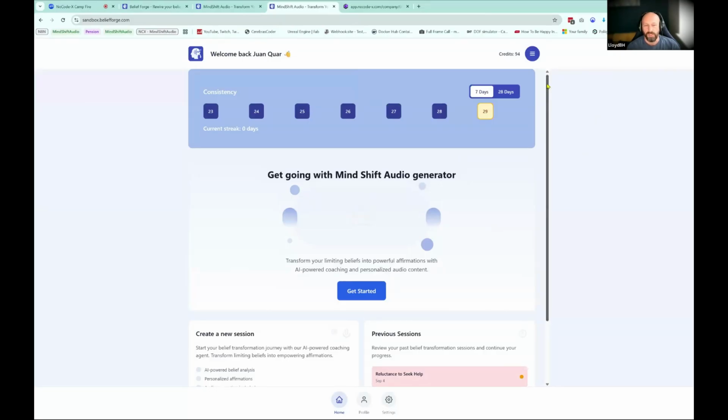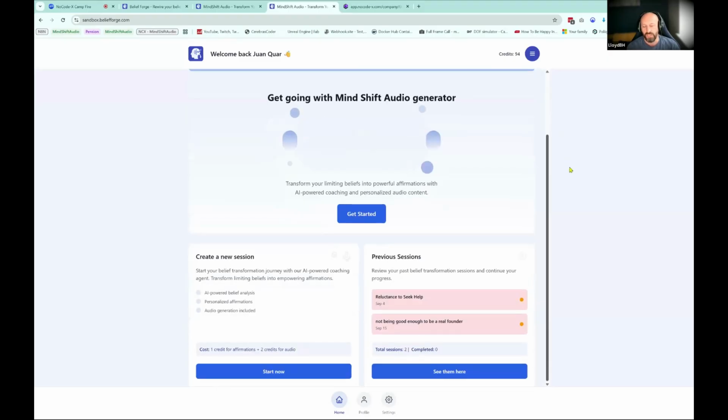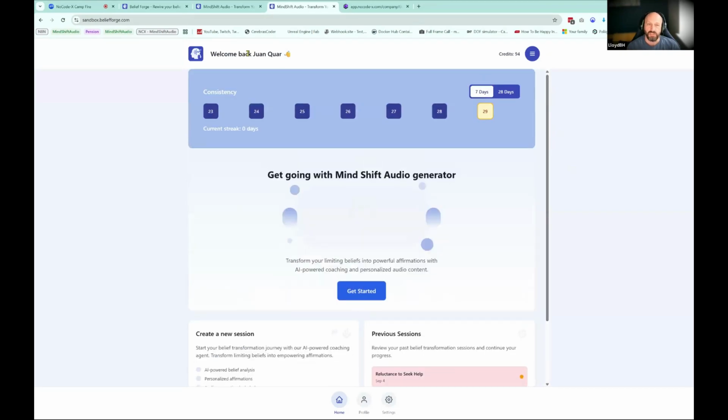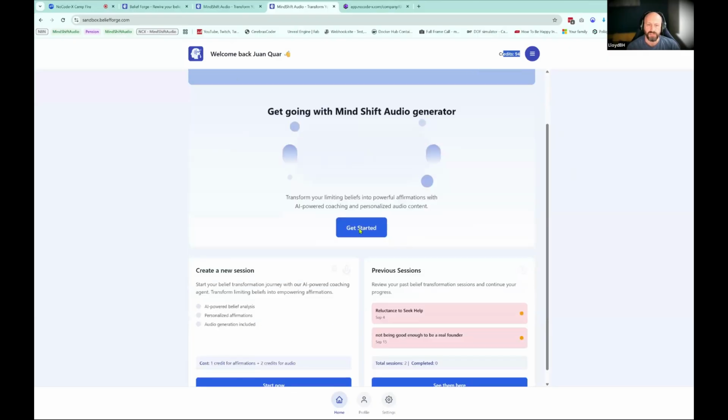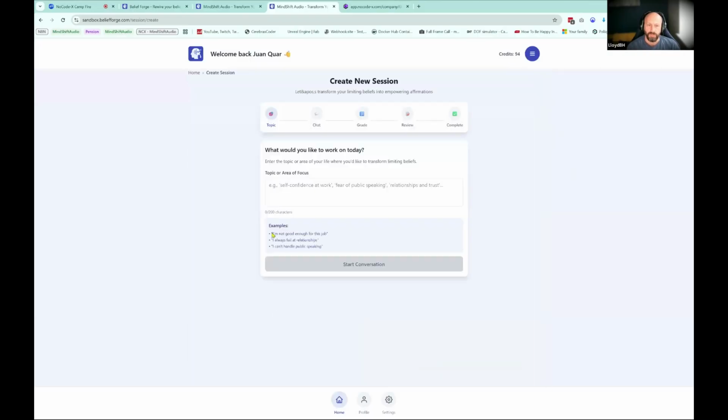On BeliefForge, it's a Mindshift audio generator. So you have a chat with an AI. So let's do that to start with. But all of this data when you land, the user data, like the name and the credits that you have, are all being pulled in from NoCode-X via APIs. So this is a dynamic page for that user, which is a vibe coded front end dynamic page, but using NoCode-X for the database. So if we get started on creating an area of focus,